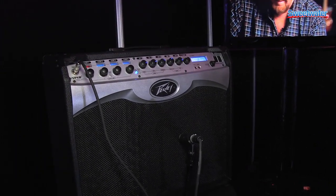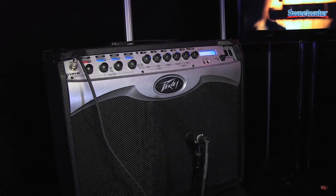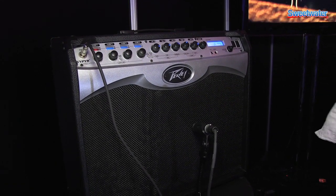Rob Math here at NAMM 2014 at the Peavey booth. And we are checking out the new Vypyr Pros. These are the next generation of Vypyr amplifiers. And they kind of leave off where the VIPs left off. But what we've got is a new